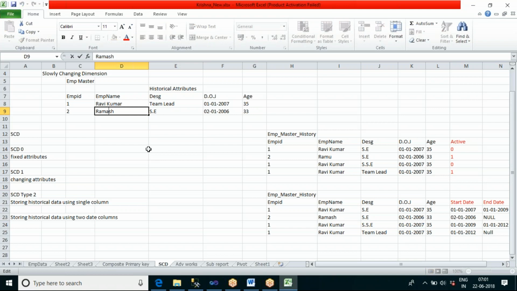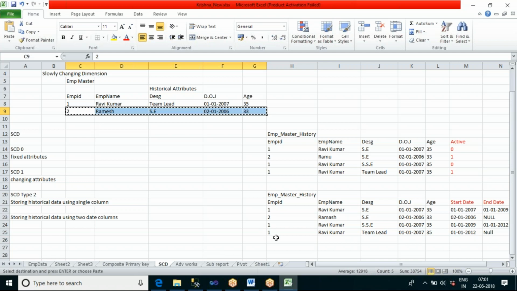So they will go and modify this column data in the original master table. Now for this column change, do I need to maintain a separate record? The employee name is changed.